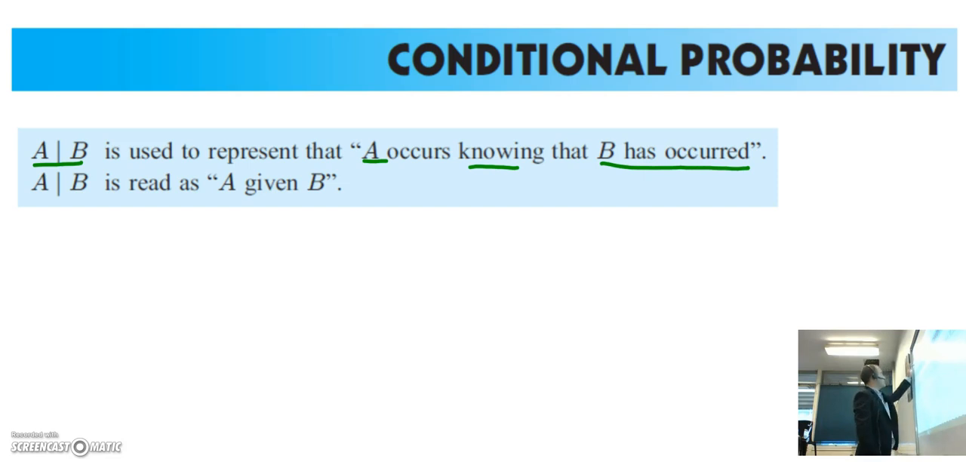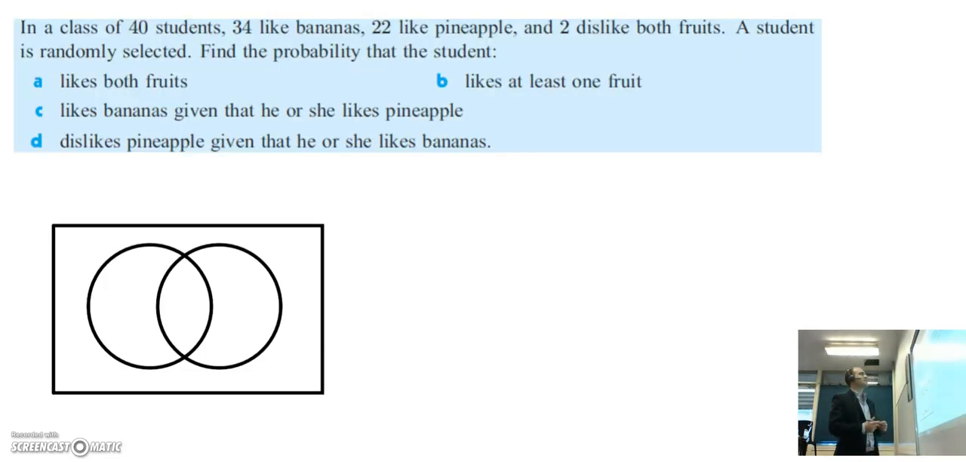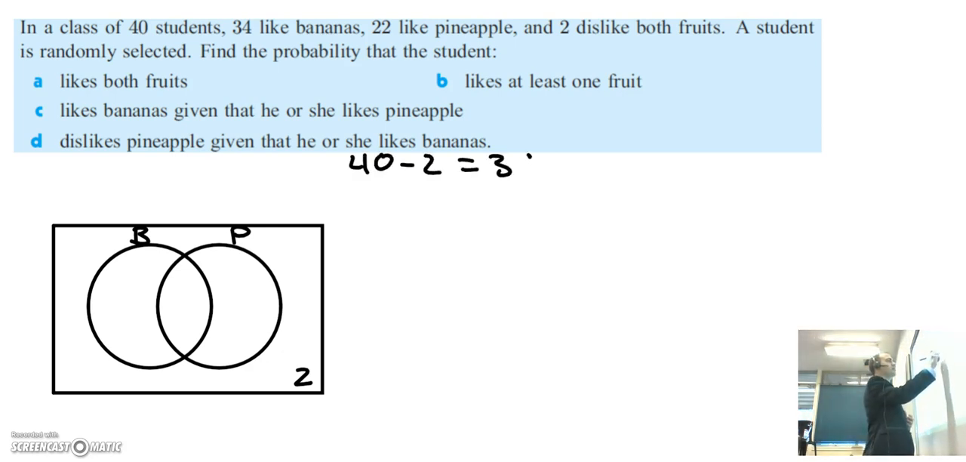Well, let's see. In a class of 40 students, and again we've got a Venn diagram here, 34 like bananas, 22 like pineapple, and 2 dislike both fruits. In my universal set, I'm going to put the 2 on the outside that don't like either, and I'm going to have my B for bananas and P for pineapples. Now I know that there are 38 students, so 40 take away the 2 that don't like fruit, 38 students